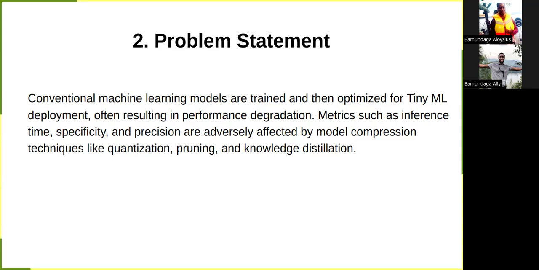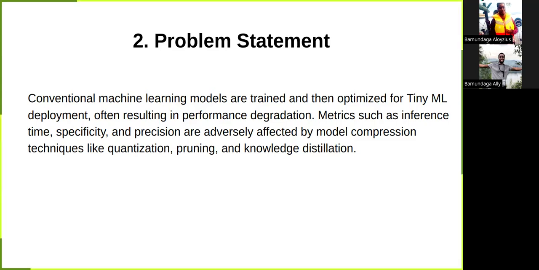It also goes on to applications like, let's say, transportation. A Tesla model would really require high performance because of what's at stake with the environment it performs in. Machine learning applications perform in environments that require delivery. Even a Tesla car would require delivery in an environment where it doesn't have to make any error, for self-driving cars. So metrics such as inference time, specificity and precision are adversely affected by model compression techniques like quantization,